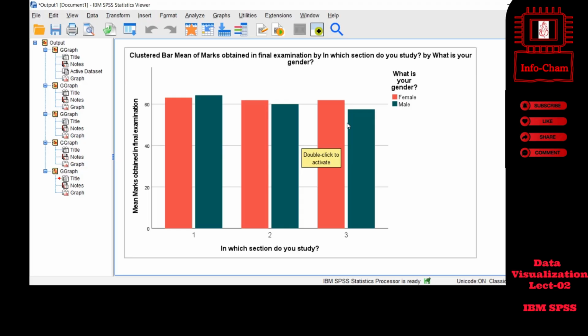Brilliant it seems. In section 3 perfect, they look highly intelligent as compared to male. Only this example, right? So can you see what is your gender? I can use it here. In which section do you study? So the x-axis is showing the section number, the y-axis my marks,